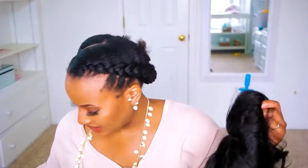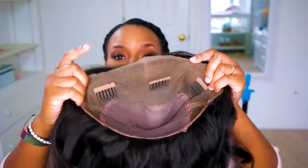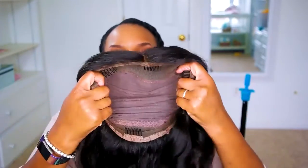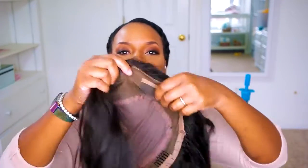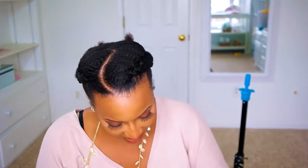So here she is. I washed her, dried her, and then while I was watching The Killing on Netflix, I put some curls in it. And I put bobby pins in it so the curls could have bounce and volume because it's been really humid and I didn't want the curls to fall out. But anyway, here's the 360 wig. Just like the old video, and she's got the little stretchy cap inside and all the nice lace for parting all over 360. And I'm gonna plop her on my head